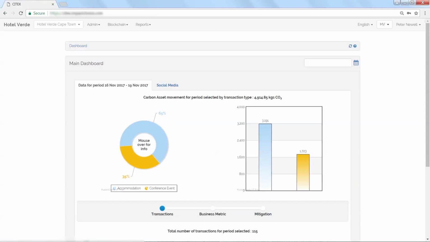For this illustration, I've logged in on behalf of one of our existing hotel clients. And just like most hotels, they're in the business of selling room nights and event hours to private and corporate clients. ImpactChoice's platform enables our client to bundle a tangible climate credit with each transaction that takes place, thereby passing value